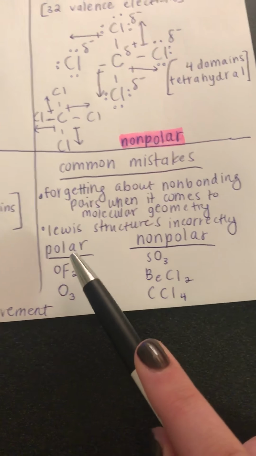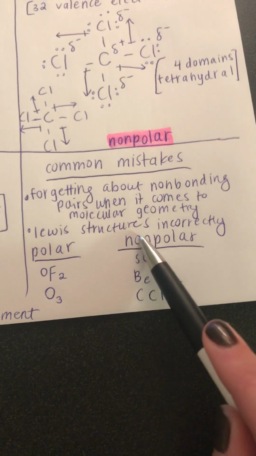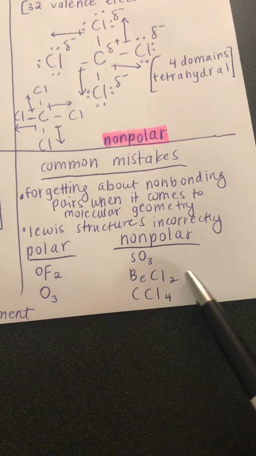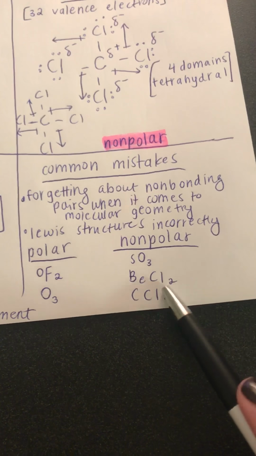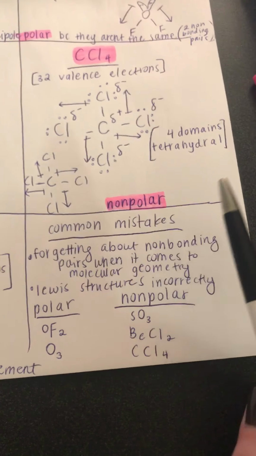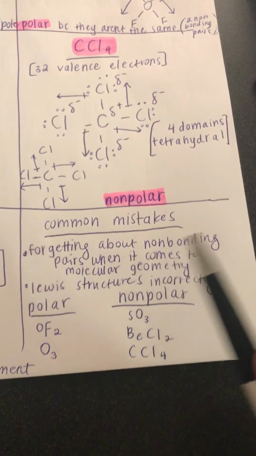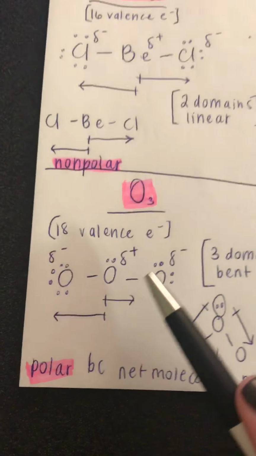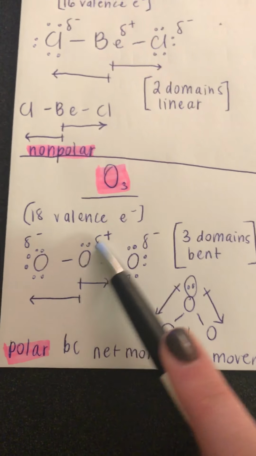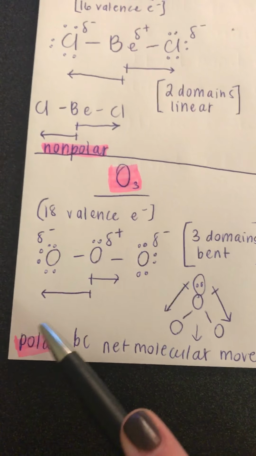So to recap, the polar molecules are OF2 and O3, and the nonpolar are SO3, BeCl2, and CCl4. And some common mistakes that can occur when doing this is forgetting about non-bonding pairs when it comes to molecular geometry. So you might look at this and say, oh, just 2, but you have to remember to include your non-bonding pairs, otherwise you think this would be nonpolar when it's really